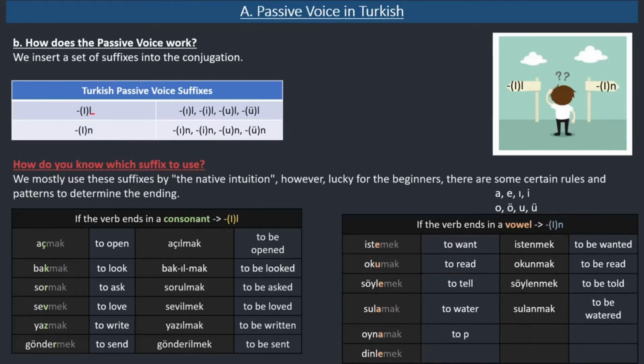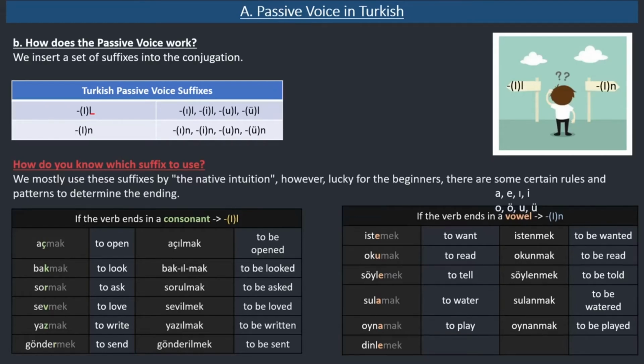Oynamak, to play, oynanmak, to be played. Like a game is being played. Bir oyun oynanıyor. And dinlemek, to listen,